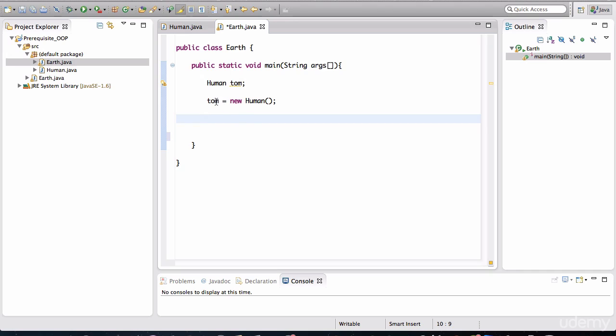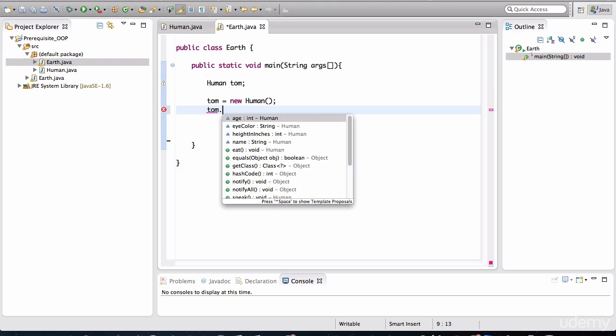Now keep in mind that this Tom is just a variable. In reality, this is not really an object. Objects come into existence when the application starts up. Right now, we are just creating a structure, a way to organize our code, so when our application runs line by line, that's when everything will happen, and an object will be created once the program is running. Right, so now that we have an object called Tom,